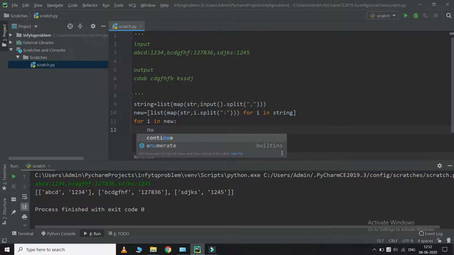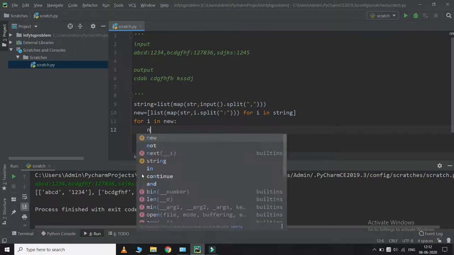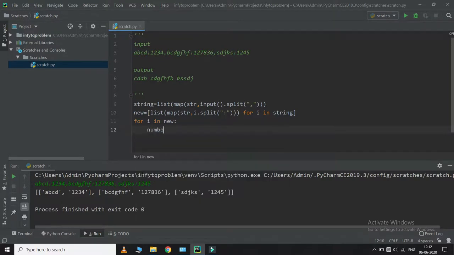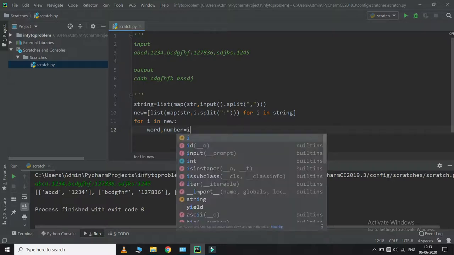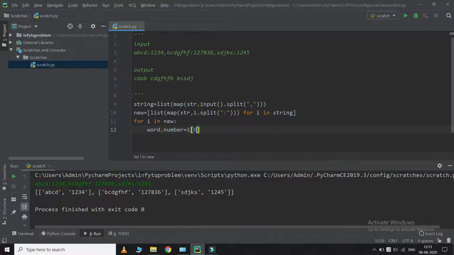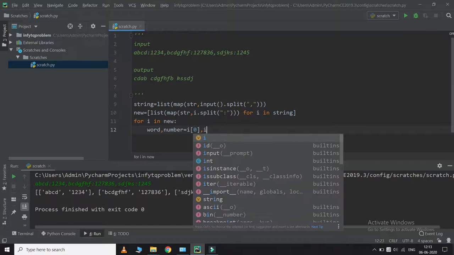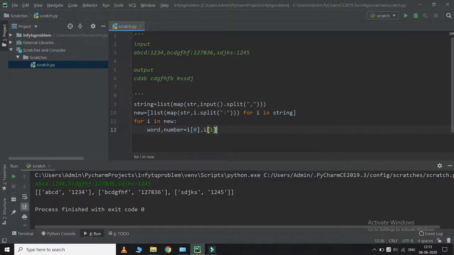I give two variables, which we'll call number, and the first one we'll call word. Okay, so indexing will get the number and the word.